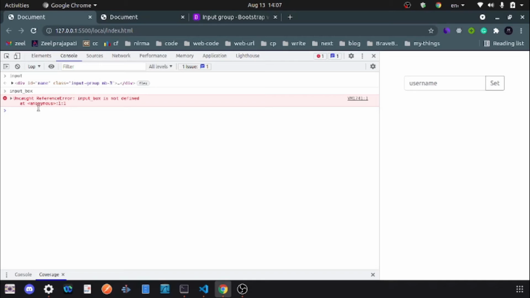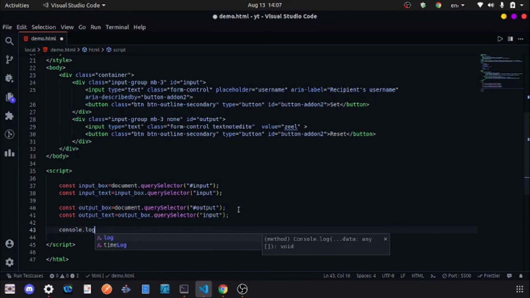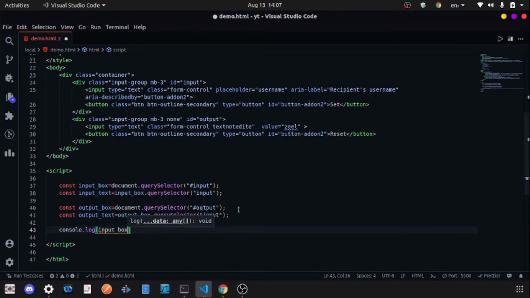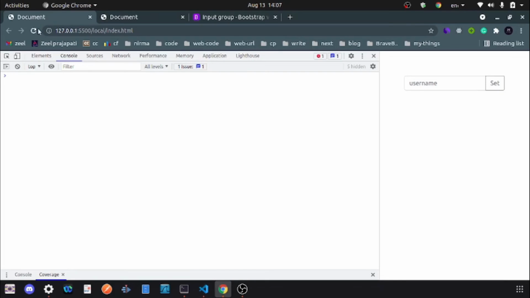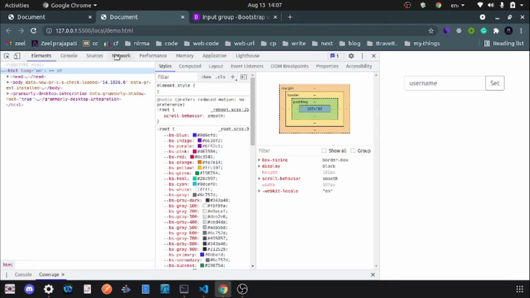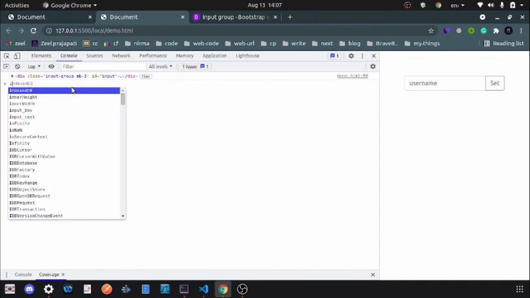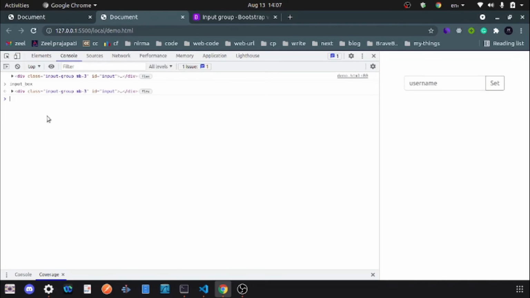Reference input box is not defined yet. Yes, let's try to console log input box. Okay, I'm checking another page, my bad. So let's check in this one. You can see here it is input box. You can also see in the terminal it is input box.